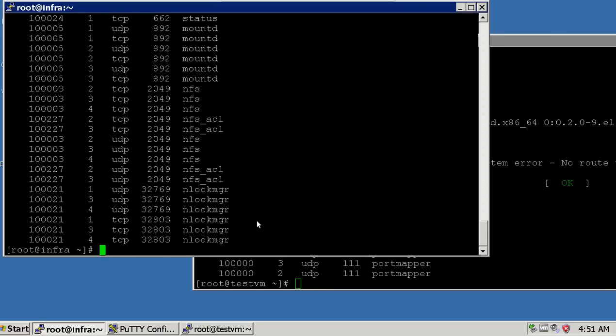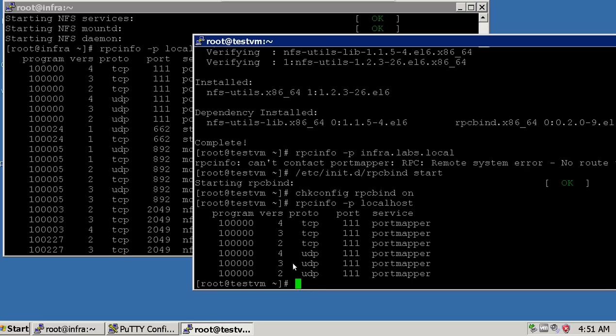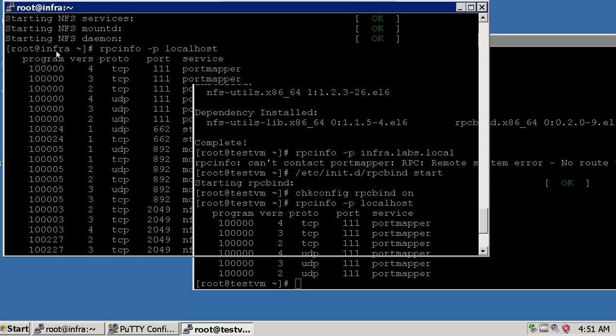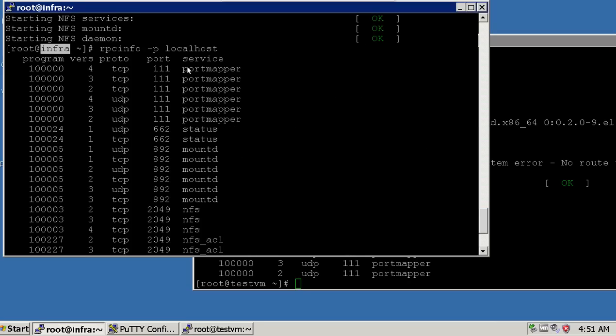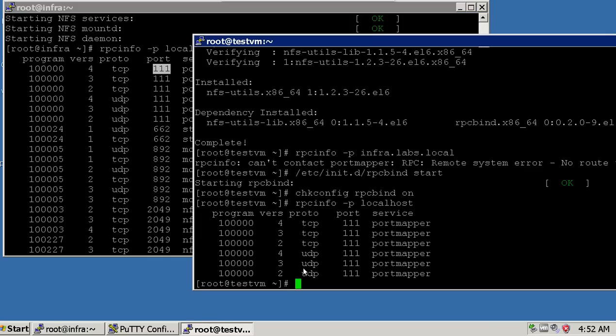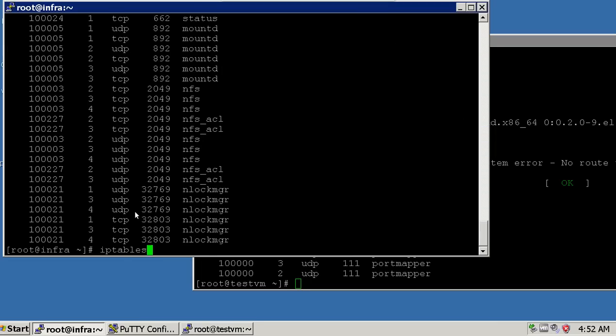So okay, first thing, if I need to fetch out the details about a service from infra server, I need to open a port for the service port mapper, because this RPC client is going to interact with the port mapper to fetch the details about any RPC service. So from the server end,